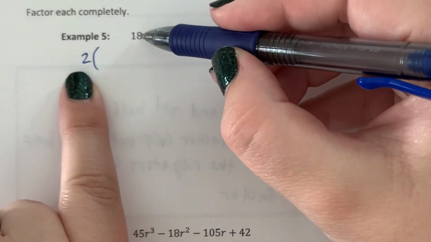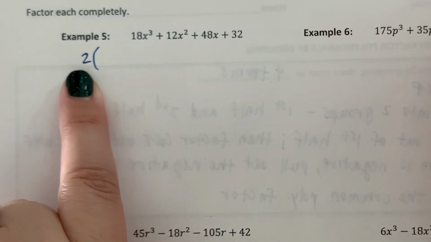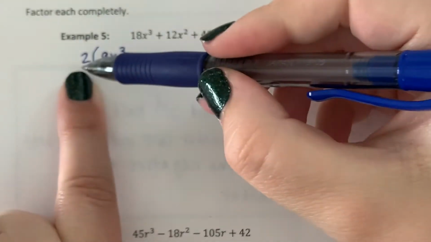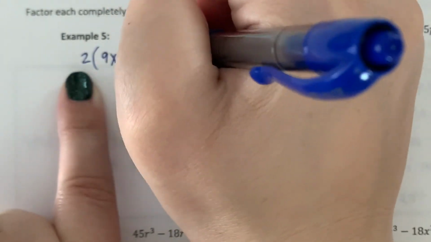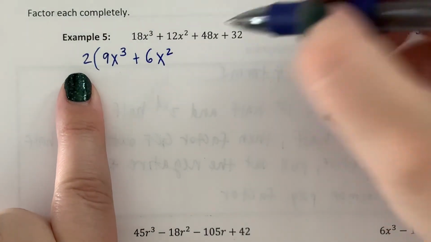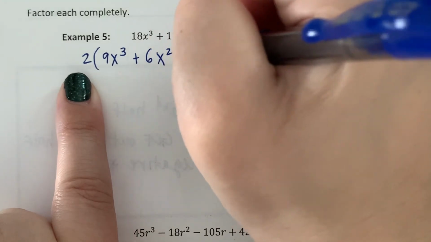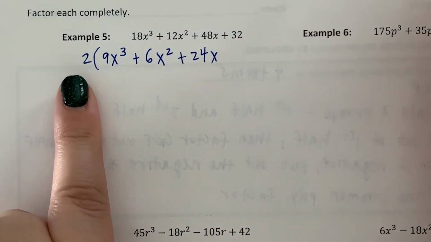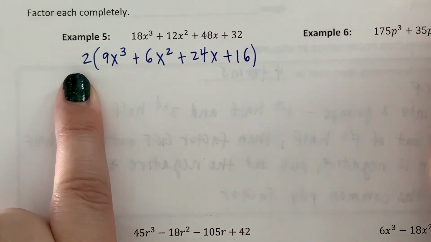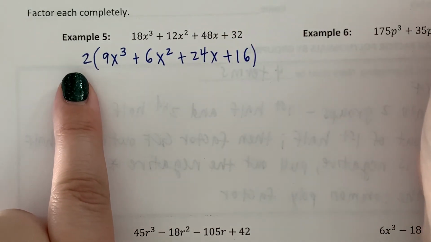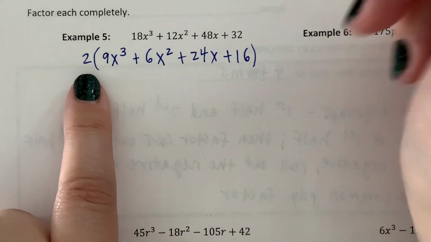So 2 times what gives me 18x to the third? That would be 2 times 9x to the third. 2 times what gives me 12x squared? That would be 6x squared. 2 times what gives me 48x? That would be plus 24x. And lastly, 2 times what gives me 32? That would be 16. So the only thing that's different about examples 5 and 6 is you can pull out